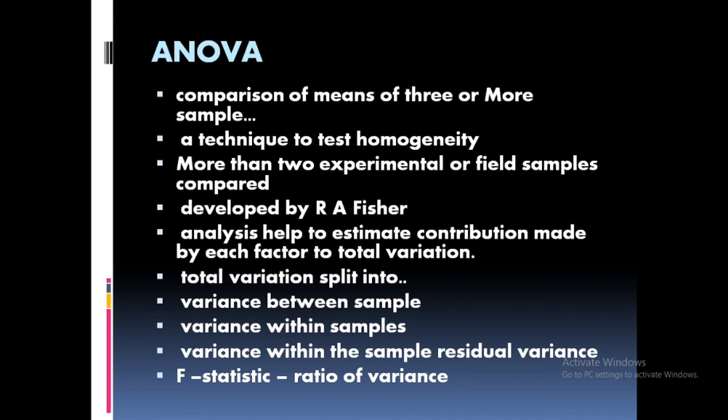Clear? So if calculated F value is less than tabulated F value, that null hypothesis will be accepted. Understood? Calculated F value less than tabulated F value. The calculated value is not significant, that is null hypothesis is accepted. So here also there is a table of value known as F value in ANOVA. Okay. So that's all about the test of significance.